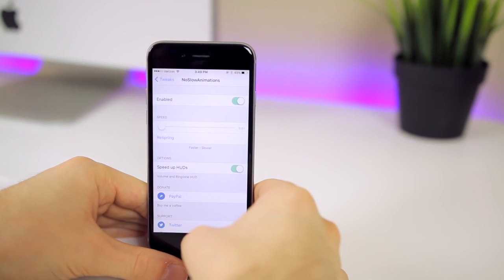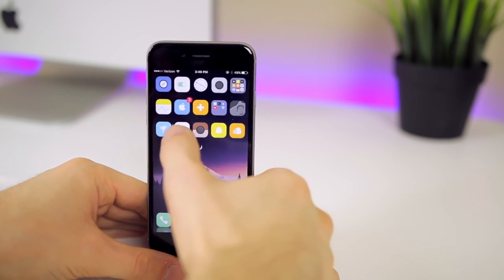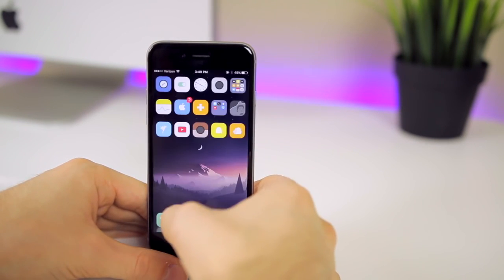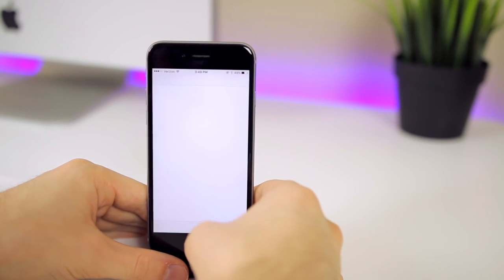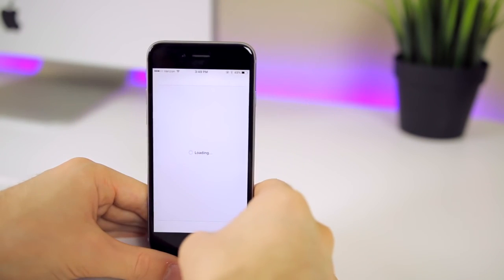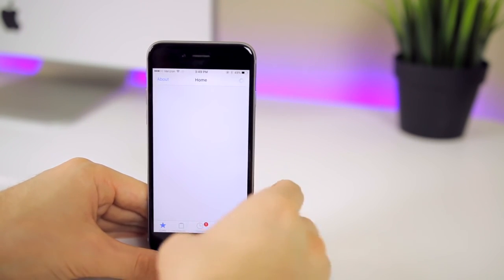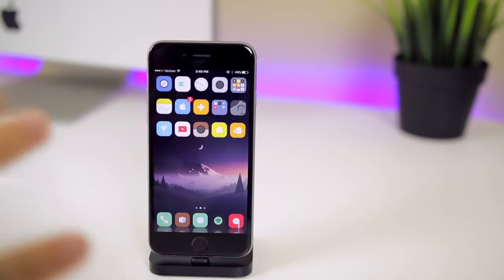So just to show you an example, watch when I close this application how quick it closes, then when I open it, how quick it opens. When I open phone, you can see how quick it opens. Cydia, we can see how quick it opens right there. There's no animation, obviously, that's what it's called, No Slow Animations. So there's no type of animations. It just makes everything run